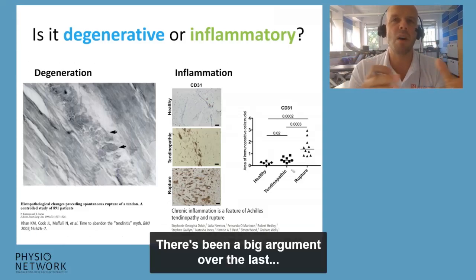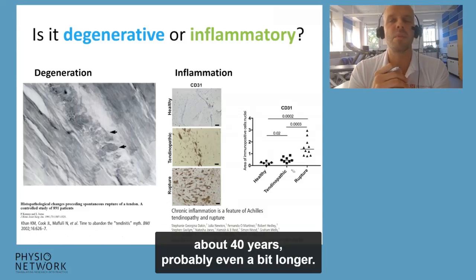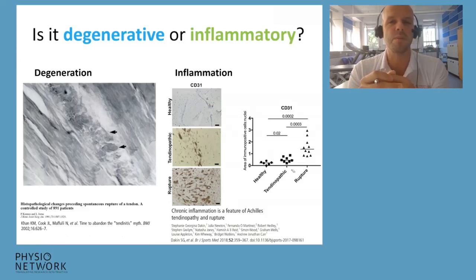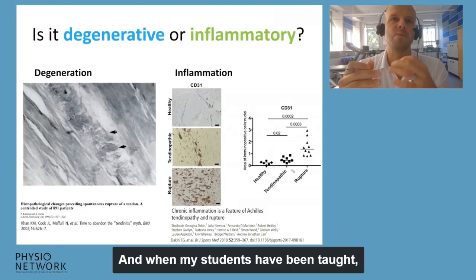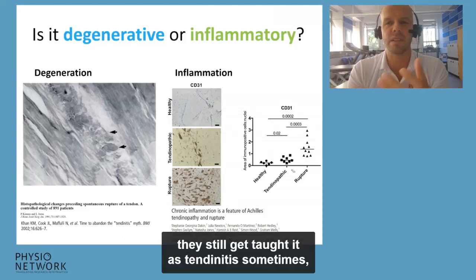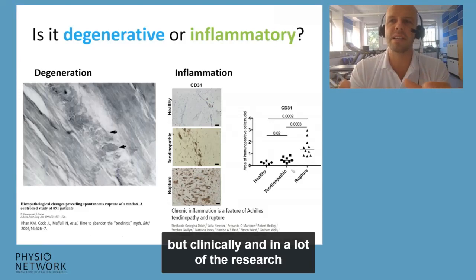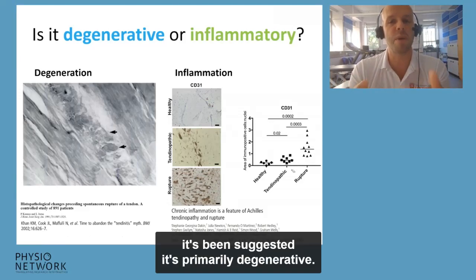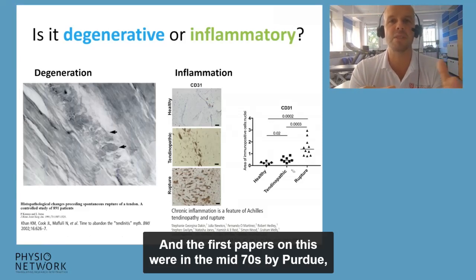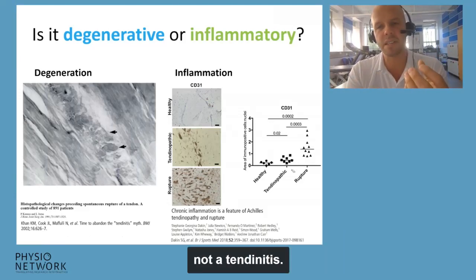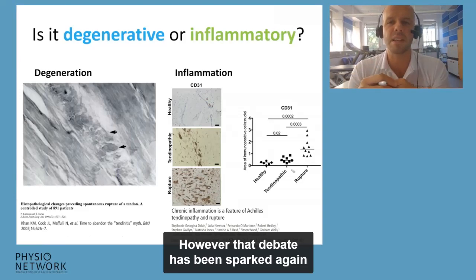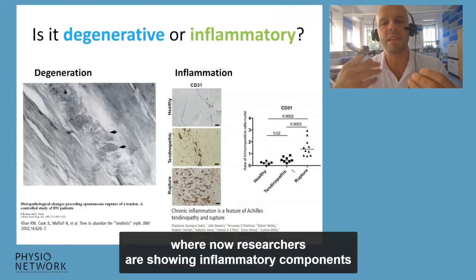There's been a big argument over the last 40 years, probably, even a bit longer. When I trained at university, tendon disorders were taught as tendinitis, okay? And when my students have been taught, they still get taught it as a tendinitis sometimes. But clinically and in a lot of the research, it's been suggested it's primarily degenerative. And the first papers on this were in the mid-70s by Purdue, suggesting degenerative changes, and it's a tendinosis, not a tendinitis. However, that debate's been sparked again in the last sort of 5 years or so, where now researchers